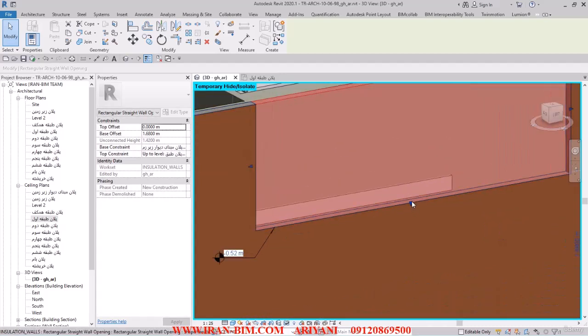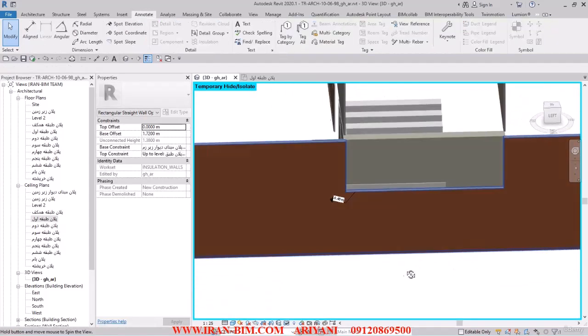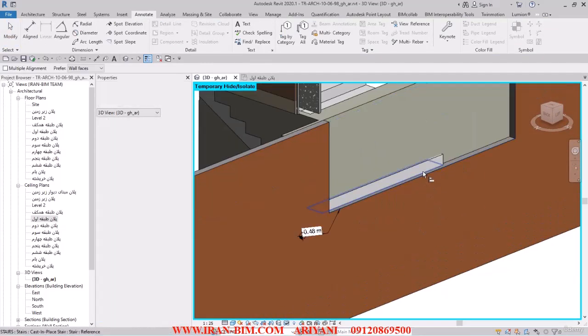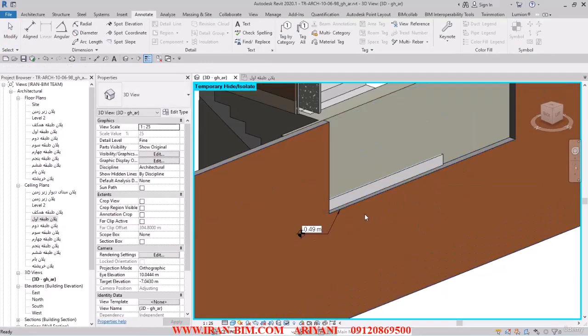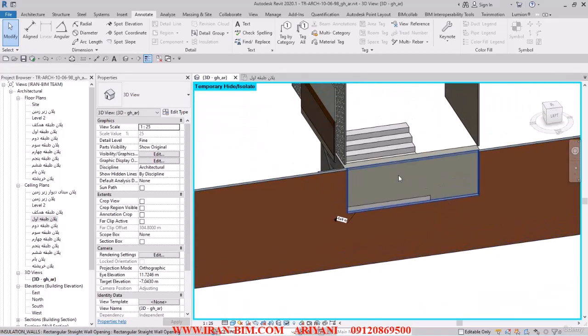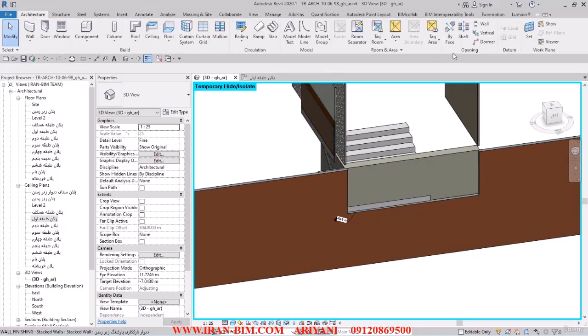After we've done that, we're pretty much okay on this part. Although I can use align, and then I can go here and align this part with this one, and we can have minus 0.49 precisely as we want. So I'll go here again, and then I'll select the wall opening, I'll select the back wall, and I'll draw